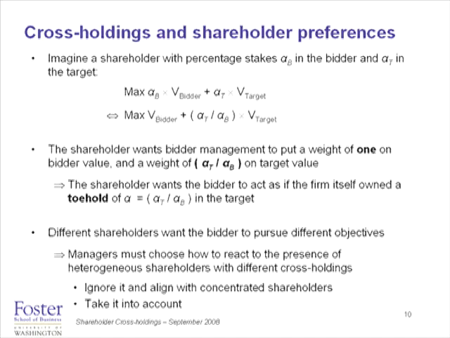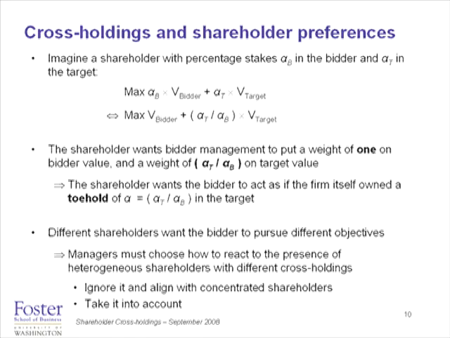So, a sort of short model, or it's not even a model in the paper anymore. I've been cutting back the theory section because it's really just derivative of the theory section in toehold papers. What's going on here is that you have a shareholder. They have stakes in both the bidder and the target, and we'll say alpha B in the bidder, alpha T in the target. And so they want to maximize the total value here with weights alpha B, alpha T.